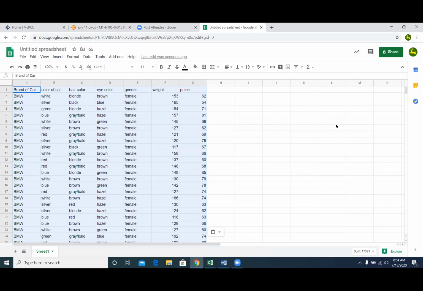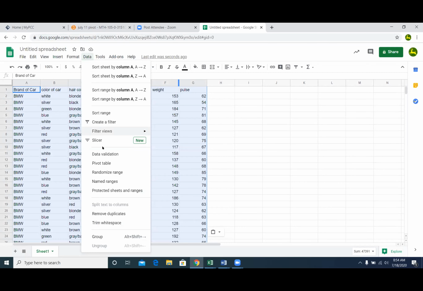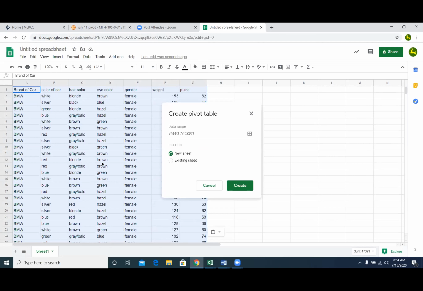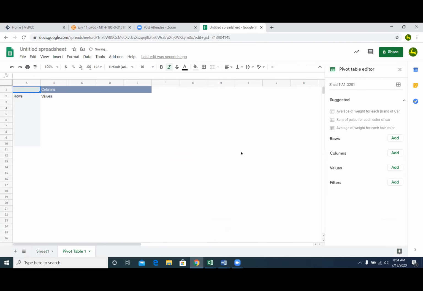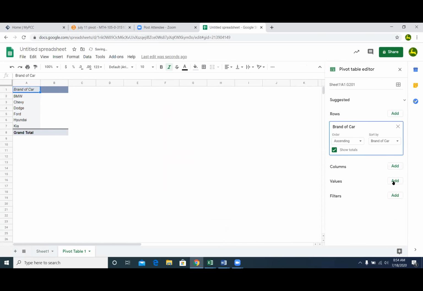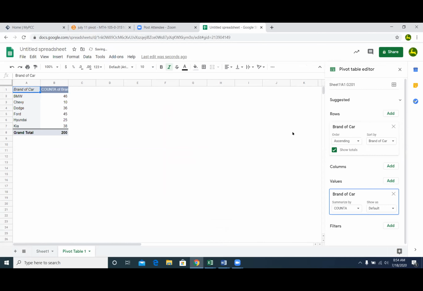So what you're going to do is, if you go here to Data, here's your pivot table right there. Just hit OK or Create or whatever. Yep, there you go. And now it looks like this. It's similar but different, as I say. So if you click here, brand of car, and go to values, it's also just click on brand of car. There you go, piece of cake. And again, if it's me, I highlight this data and copy it to another tab